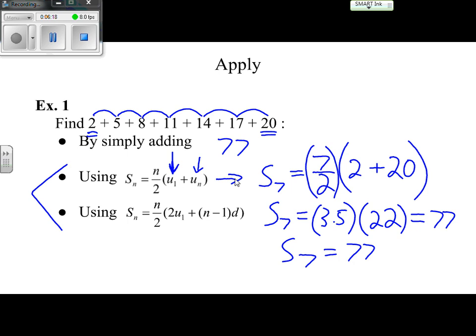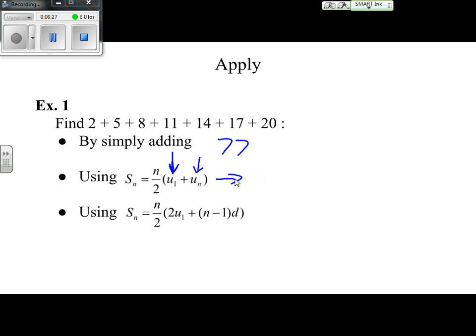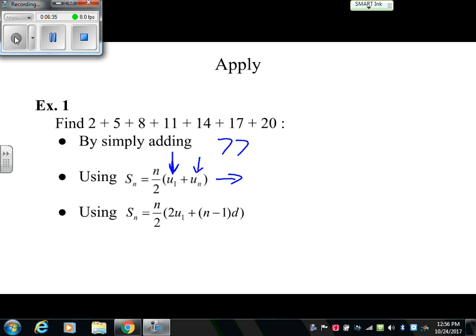All right, we're going to try it again now with our last formula. Even though this formula is a little bigger, it's the one that we want to be comfortable using because it's the one we will most often have to use. So let me erase this part as well, but we'll keep the 77 up as a reference. So we're using this formula now. Again, we have 7 terms, so our n is going to be 7. So I will have S sub 7 is equal to